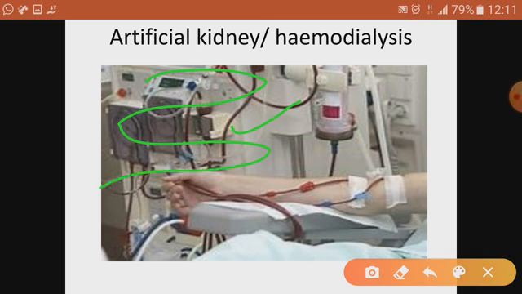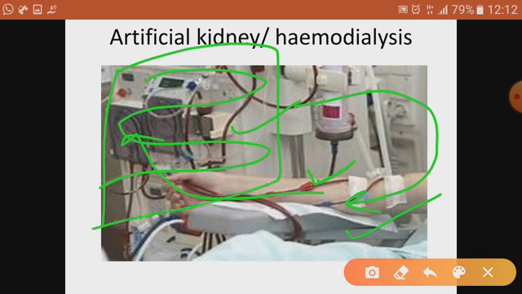Many cellophane tubes must be there inside, and this is the impure blood taken, and when the impure blood is given to the dialysing machine, after it gets pure, it is again passed to the patient's body with the help of a tube, and it is passed into the vein. When taken, it was taken from the artery, and when pure blood was given back to the patient's body, it was given to the vein. And it happens in the natural kidney also, we have already learned. And inside the dialysing machine we have two things, that is cellophane tubes and dialysate, that is dialysing fluid. So these two things are very important in this.